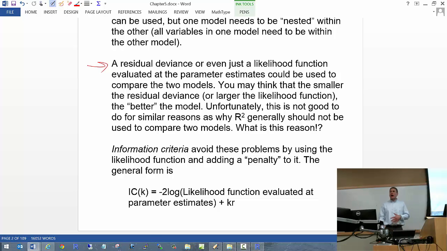Or you might think, how about you use the likelihood function? Because when we first started talking about maximum likelihood estimation, the higher that likelihood function, the more reasonable a set of parameter values were. So you might be thinking, maybe overall, if my likelihood function keeps on going up, up, up, my model's better, better, better. The problem with that is the same as what you hopefully have learned in another class,